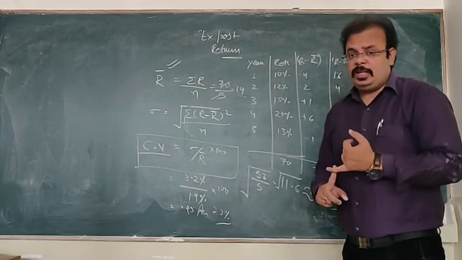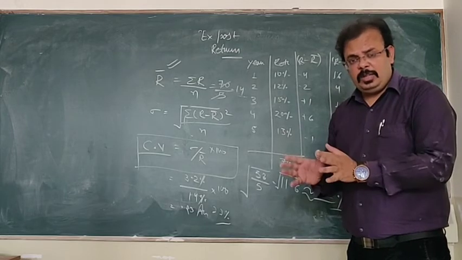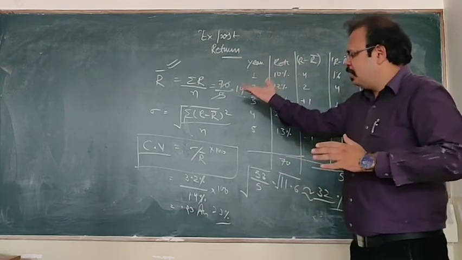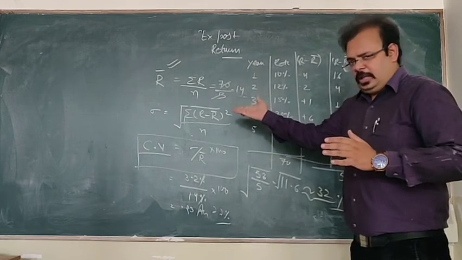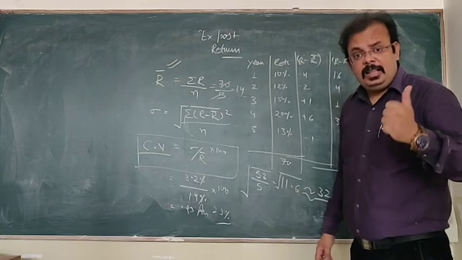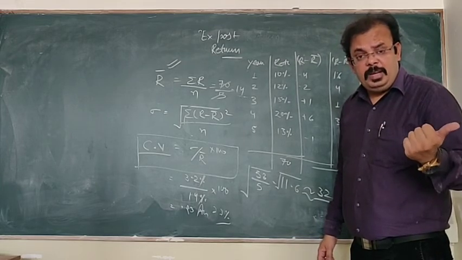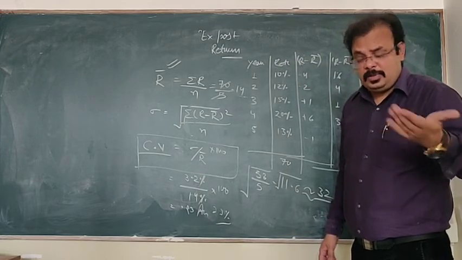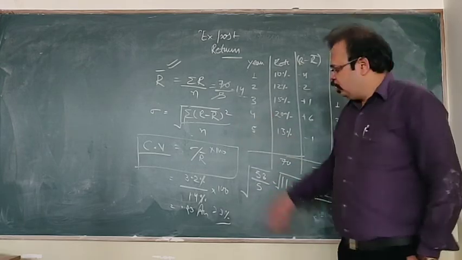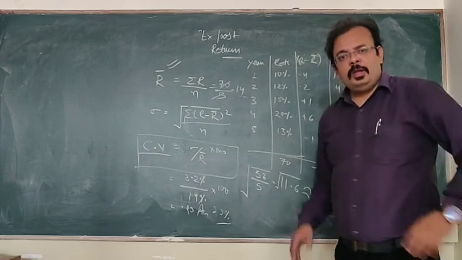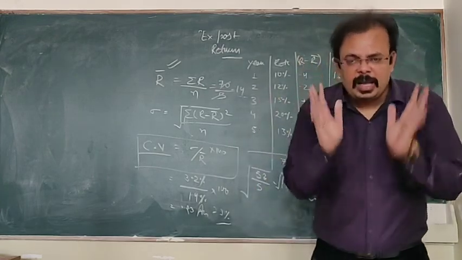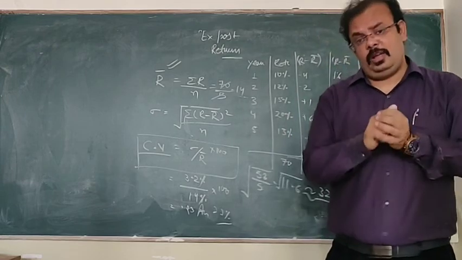We have only two formulas in it. One is based on the dividend and the prices, and the other is summation R upon N. Standard deviation is the square root of summation (R minus R bar) whole square upon N. We already read it in the mean, median, mode concept earlier in the first semester itself, and the coefficient of variation you also read earlier. So these are the simplest formulas. In the next video we will discuss the ex ante return. I hope this is clear and you have no doubts. Thank you.